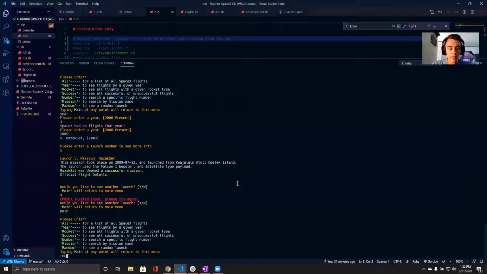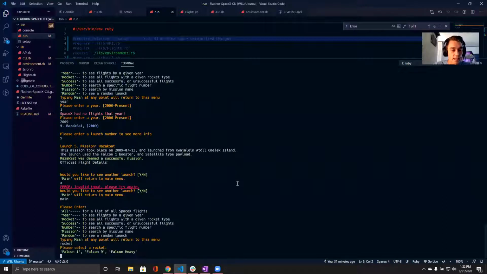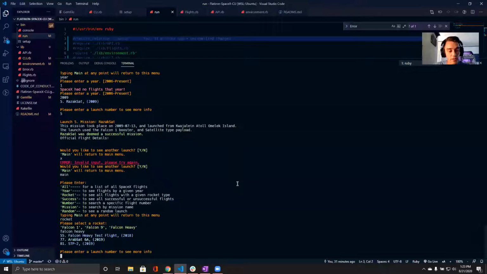So then you can also go by rocket, and it tells you the 3 types of rockets you can search for. So if you do the Falcon Heavy, and it doesn't matter how you type these, they can be all capital, all lowercase, it'll find it. So there were 3 with the Falcon Heavy. Back